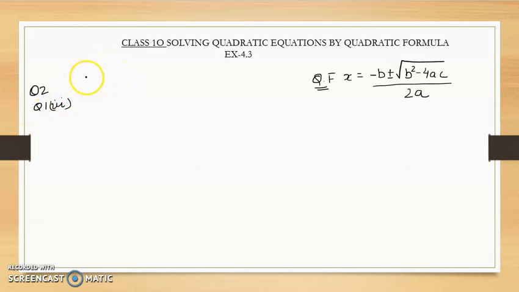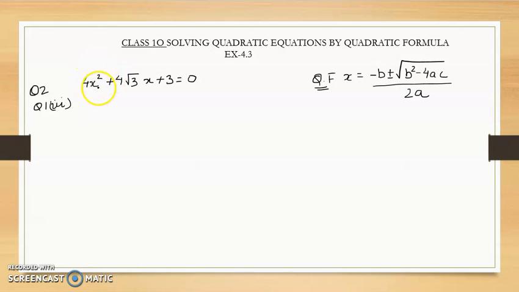It is 4x square plus 4 root 3 x plus 3 is equal to 0. So this is a quadratic equation. Another important thing: a quadratic equation will have how many zeros, students? If you remember, I told you theorems to remember. A polynomial of degree n will have at most n roots or n zeros.